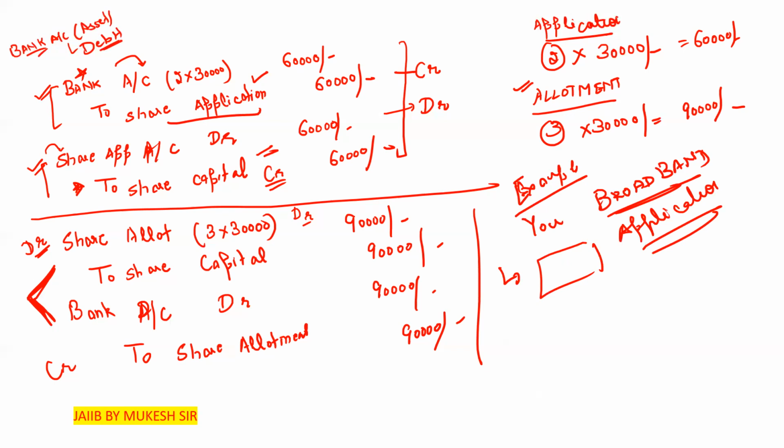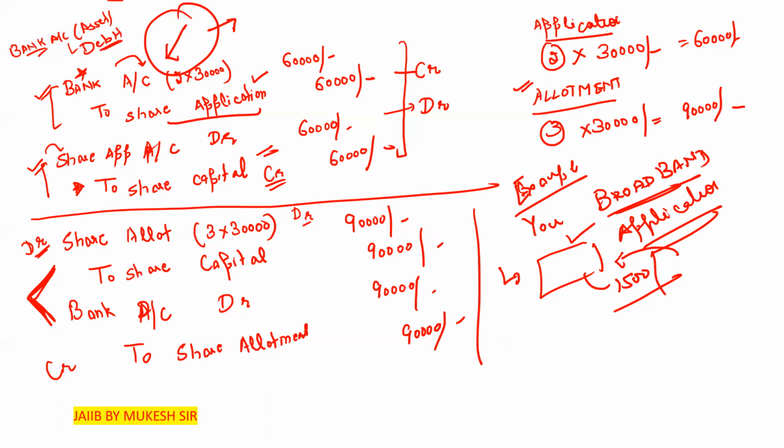So the first time you have to give the amount to the organization, because they do not know anything about you. They do not have any information about you. That is why first the bank account is debited, because this time there is an application received by the organization from the persons, or from their shareholders. In the first step the organization does not have any information about its shareholders.